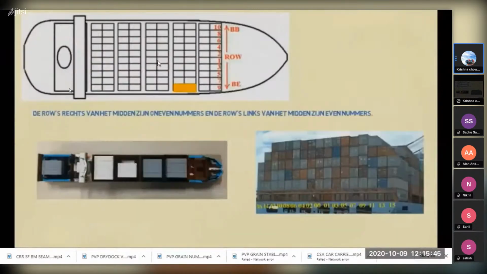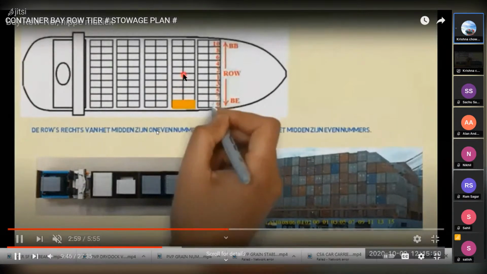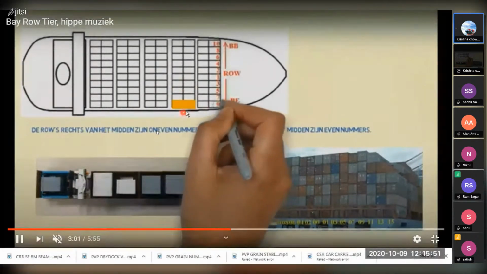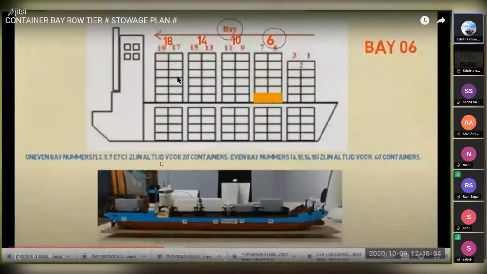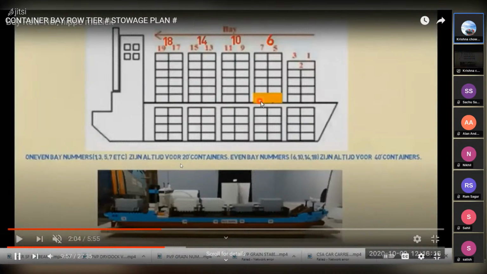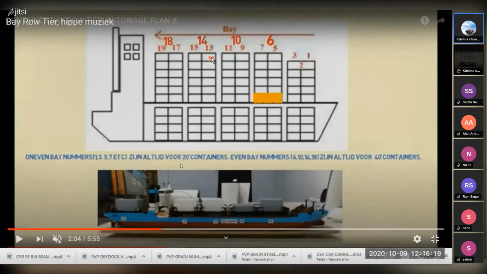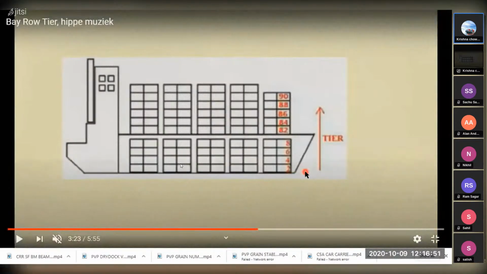So like this, sometimes in exams it is written, or somewhere you are asked, you are given this container, what is the storage location, the bay number for this? Bay number is 06 because it's a 40-foot container. So bay number will be an even number for all the 40-foot containers. And then